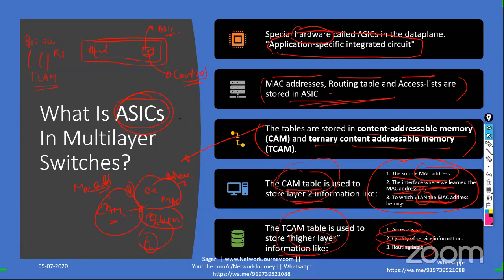But who is helping you to achieve that fastness? It's your integrated circuits, right? That's ASIC. And ASIC consists of your CAM tables and TCAM tables. Basically, CAM is for Layer 2 lookup, and TCAM is for all your ACLs, routing tables, or QoS. Okay, so this is the internal part of these